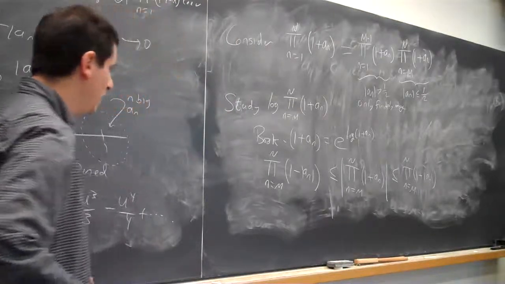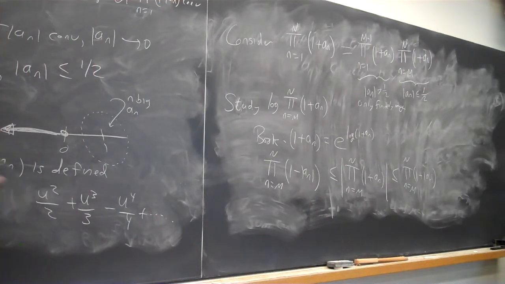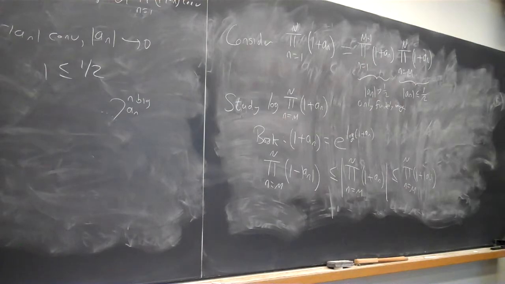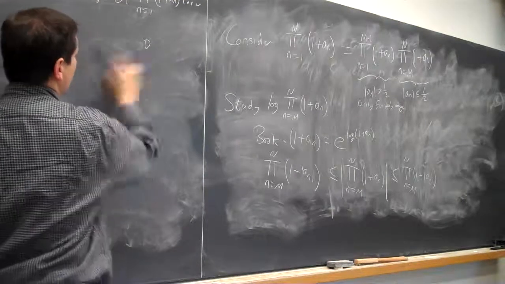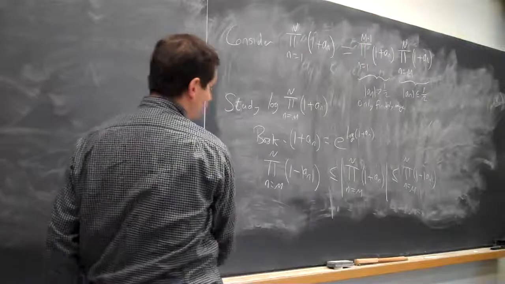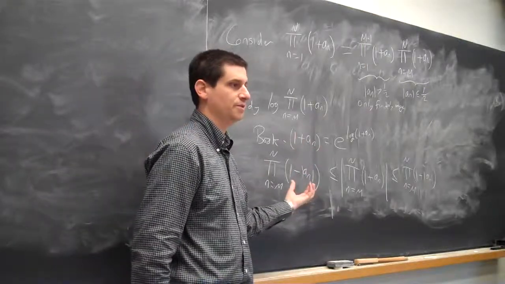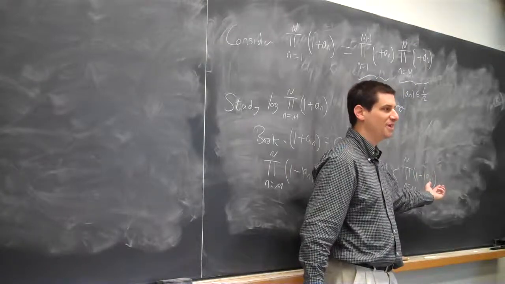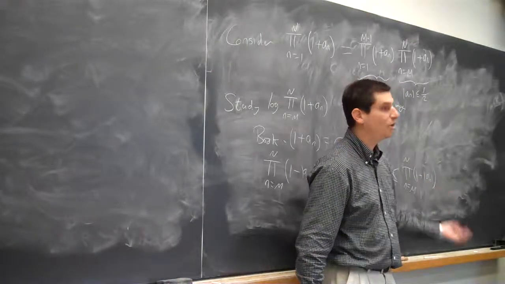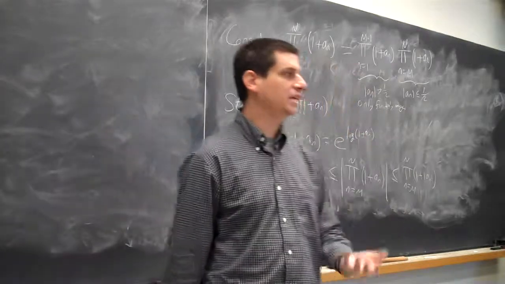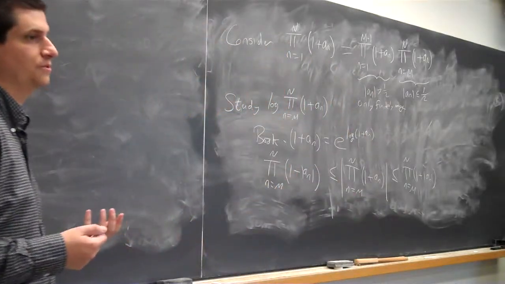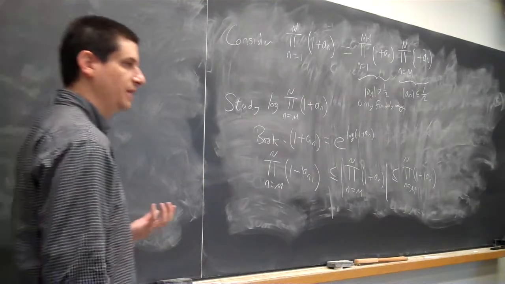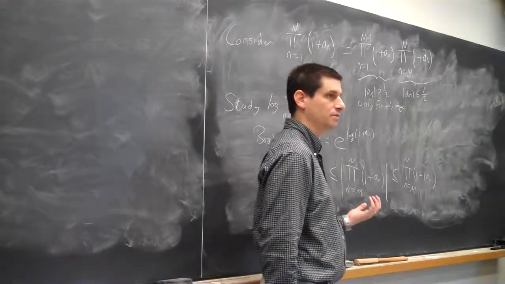So there's lots of different ways you can do the algebra. For me, I always find it nice to look at best case, worst case scenarios and just understand what's going on in the best case, what's going on in the worst case, and then figuring things out. The other advantage of this is, what kind of numbers are 1 plus absolute value of a_n? Positive. Right? They're real numbers. And I can use standard stuff about logarithms. Right? So I don't have to be working with a complex logarithm if I do this. We know it's all going to be